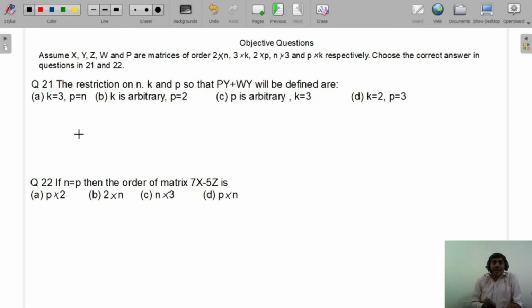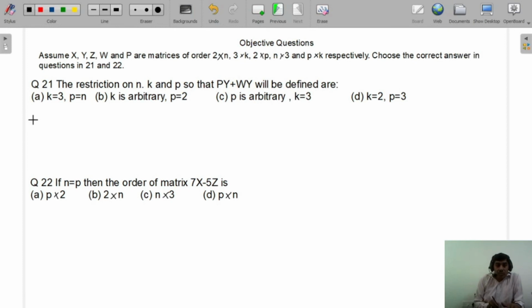Choose the correct answer in questions 21 and 22. Question number 21. The restriction on n, k and p so that PY plus WY will be defined is: